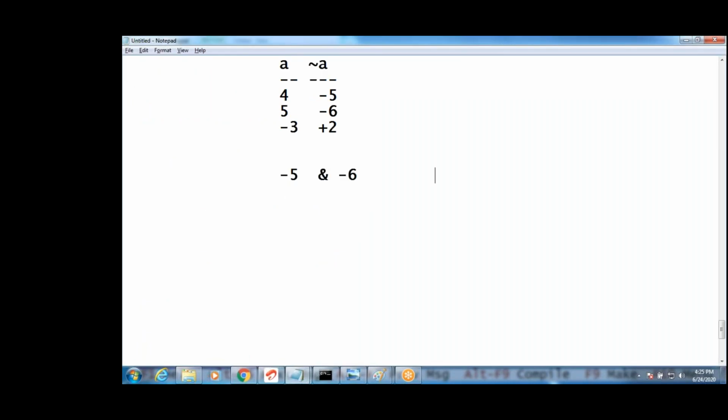See how to write -6 in binary representation. -5: the 5 binary value is 0 1 0 1. This is the 5 value, the binary representation of 5. Negative value, how to do this? You know, in the first session I told you, one's complement you have to do. How to do one's complement, guys? Convert zeros into ones, ones into zeros. This is the one's complement.